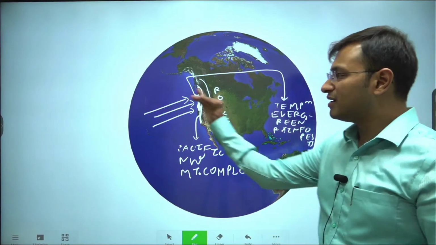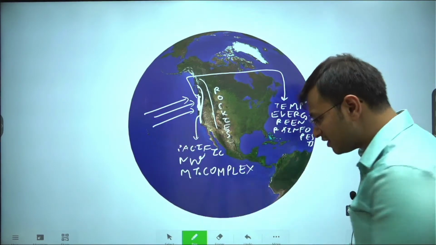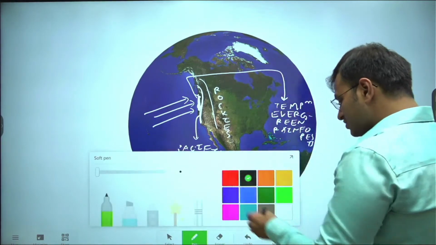This will be the predominant area of the temperate evergreen rainforest, and because of the oncoming of